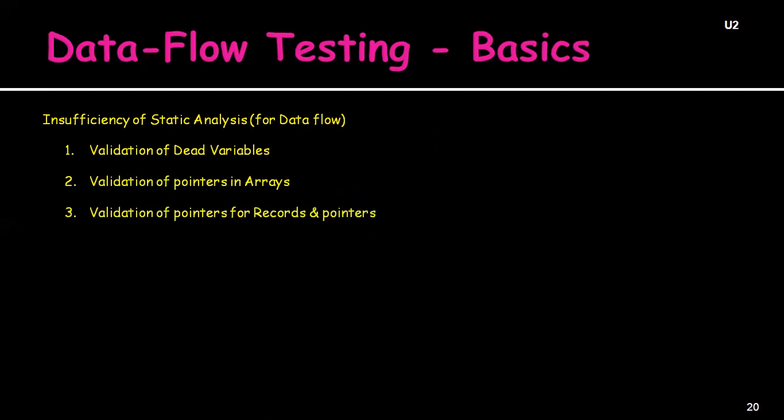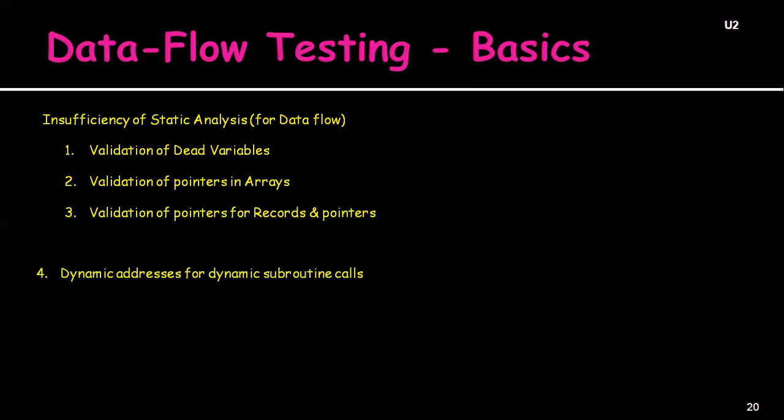Then validation of pointers for records and pointers. The array problem and the difficulty with pointers is a special case of multi-part data structures. Of course, we have the same problems with records and pointers to them. In the case of records, files are created and the names of such files are dynamically known. Without execution, there is no way to determine the state of such objects.